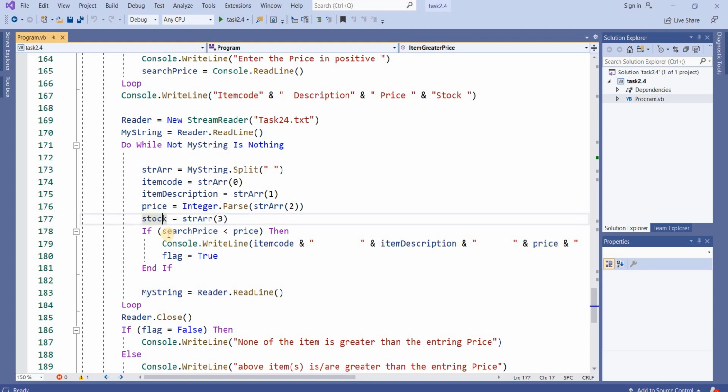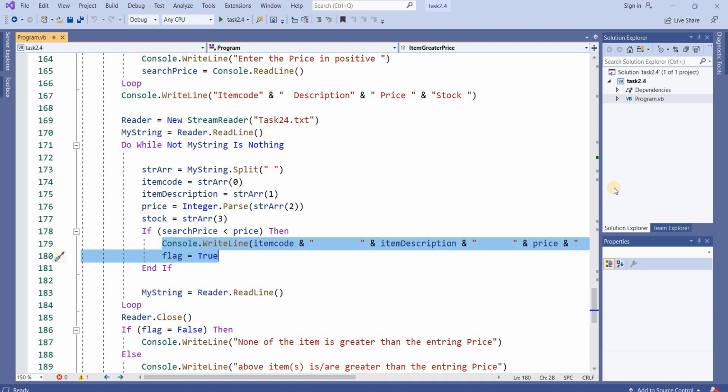And after this, the search price that you enter is compared: if it is less than the given price, because you want to show those items that have a higher value. Here I have used search item: if the search price is less than the price stored in the file, then you will show the item code, item description, price and everything.